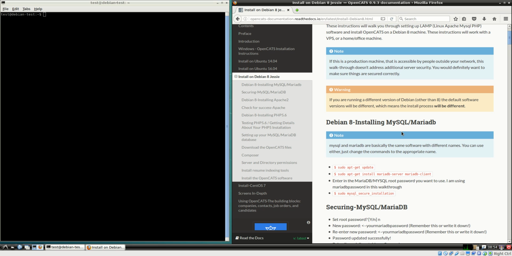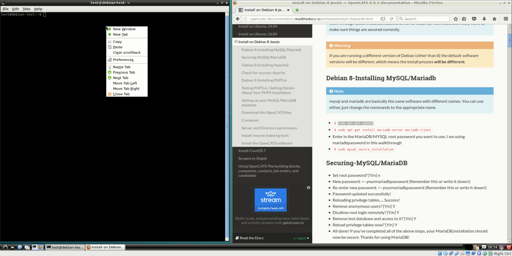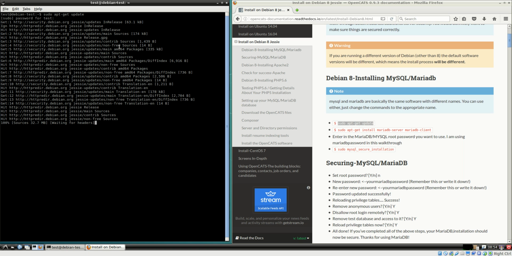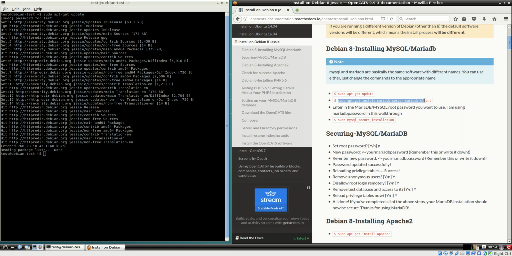If you are in a terminal only environment and you don't have a GUI, be careful entering in all the commands. There's a lot of little details that are very easy to gloss over. And once you make a small mistake, it can be tough to track it down. So sudo apt-get update. Always start with that. Okay, we're updated. Now we're going to install our MariaDB,